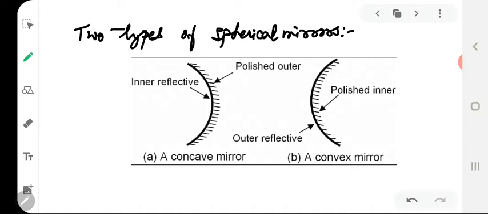However, when you start studying the nature of images formed by these two types of mirrors, you will find there is a huge difference in the type of images formed. A little bit of idea regarding this might have already been obtained when you observed your face in the surface of a spoon. In this case, the curved inner surface of a spoon behaves like a concave mirror, while the curved outer surface of the spoon behaves like a convex mirror.